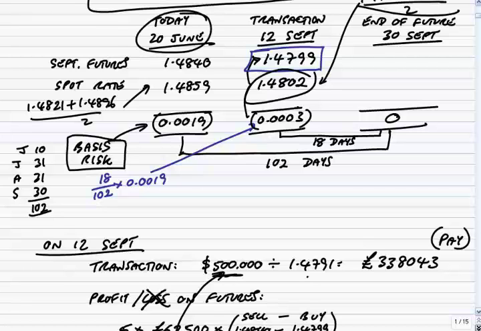This question told us spot was 1.4802 and we used it to illustrate, but it could have been anything. Spot could have been 1.47, it could have been 1.49, anything you want. But whatever spot turns out to be, the difference between the futures and spot,